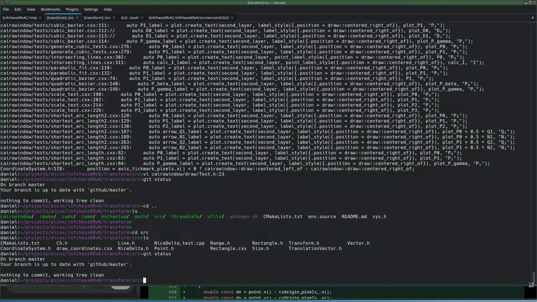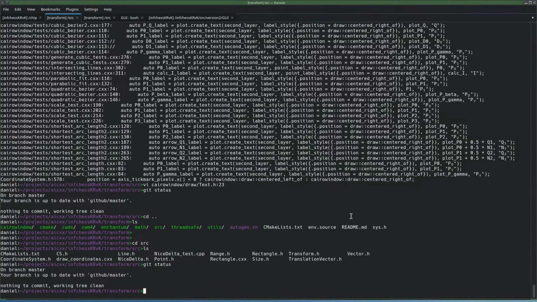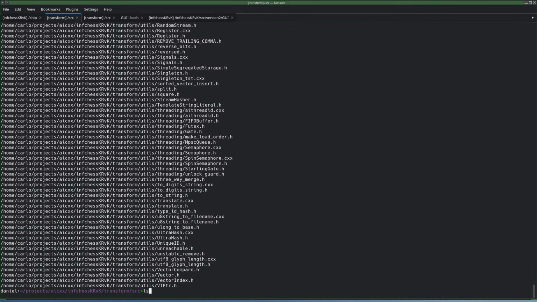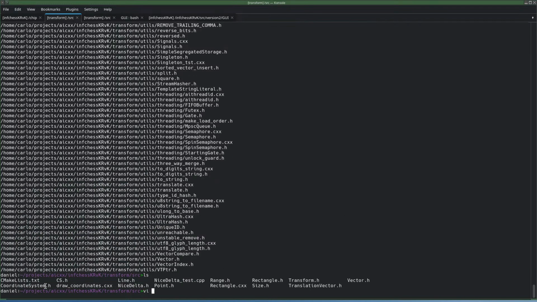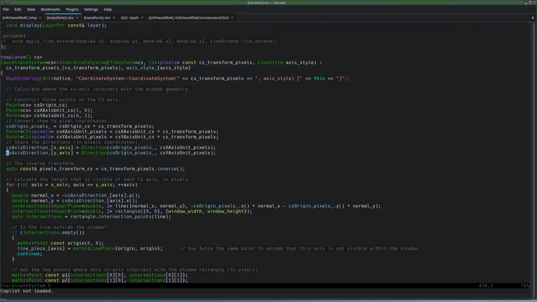Therefore, I want to change something in CoordinateSystem.h. Namely, I need music. Yep. In display,